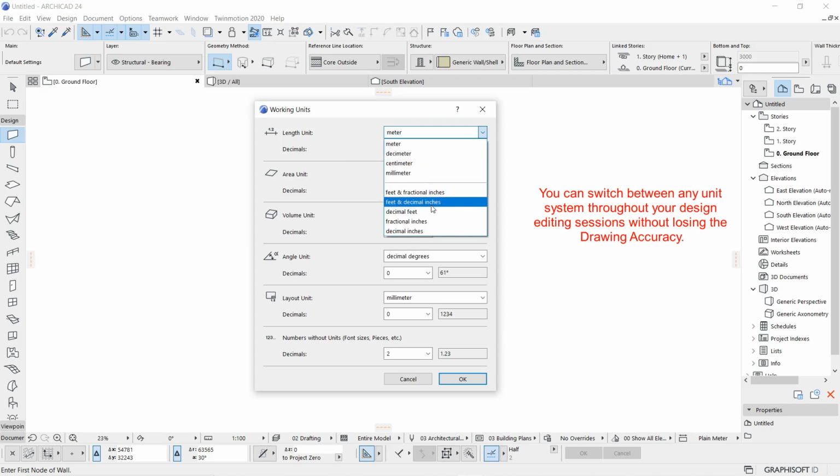You are most welcome to do that, because ArchiCAD has the capacity to convert your entered data from one unit platform to another without losing accuracy, which probably any other software, like maybe AutoCAD, doesn't have that kind of flexibility. So you don't have to worry as such.